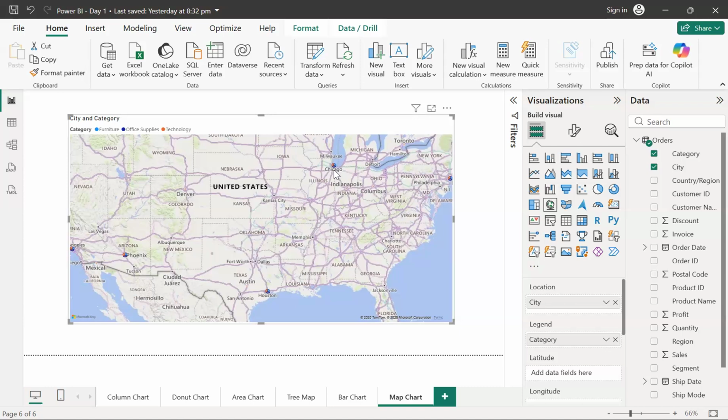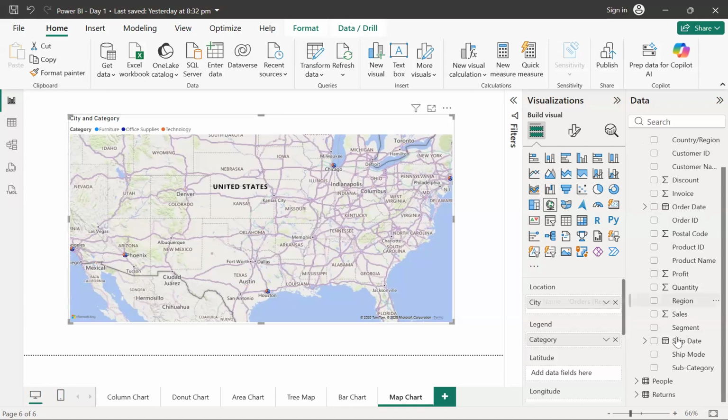Now in that case, what we can do is try to bring some numerical column just to increase the bubble size. Let's say from any particular city, maybe from Chicago, if there's a maximum sale from Chicago, the bubble size will be high. Similarly for the other city, if the sales are low, the bubble size will be small. So if I want to do the same thing over here, I just need to drag this.